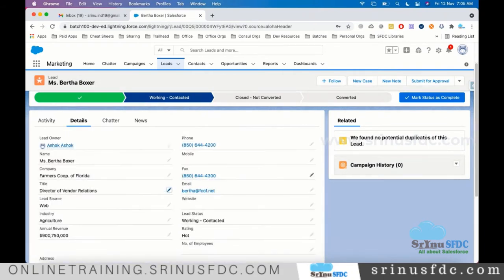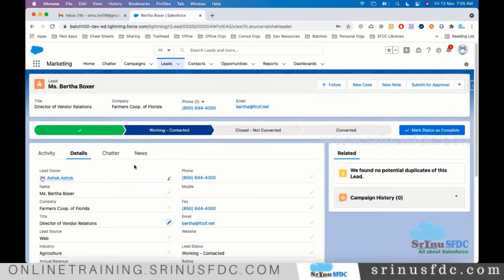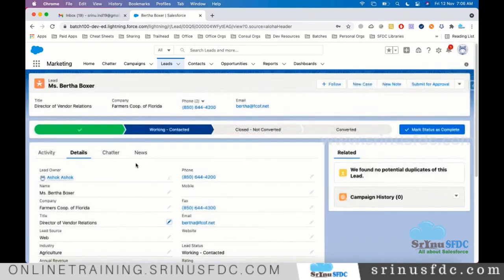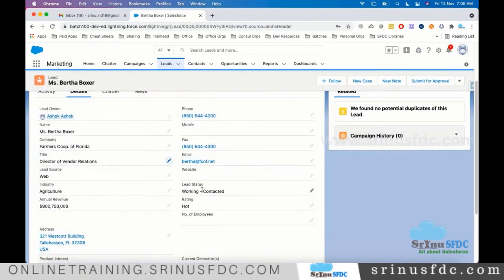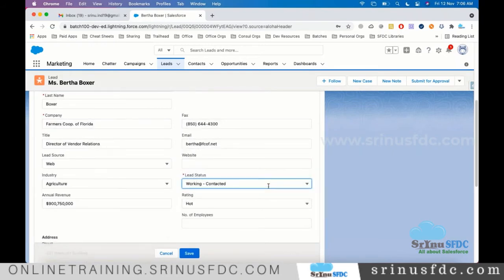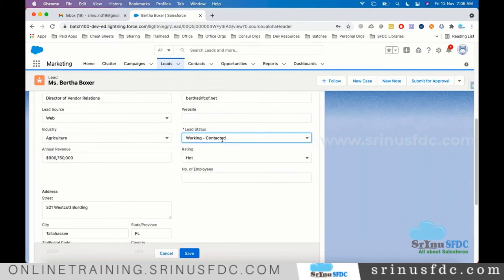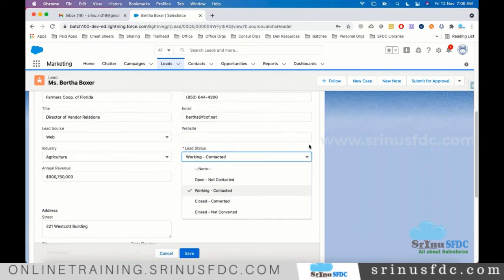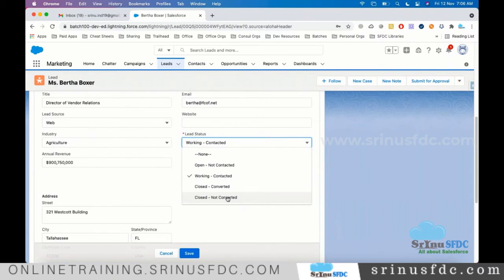Now, the next phase is once this lead is qualified. How do they qualify? There is a status called lead status. The Apple employees call this lead and check for interest. If the lead shows interest, it will be marked as closed converted. If the lead is not at all interested, it will be marked as closed not converted.